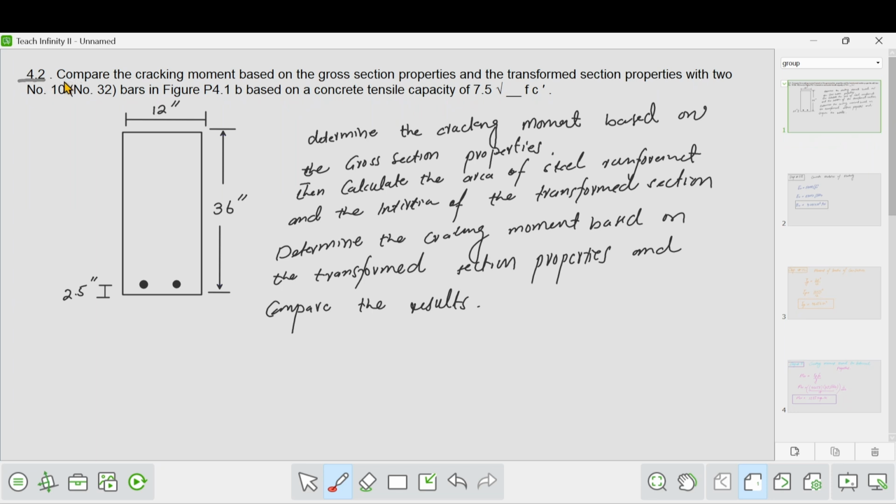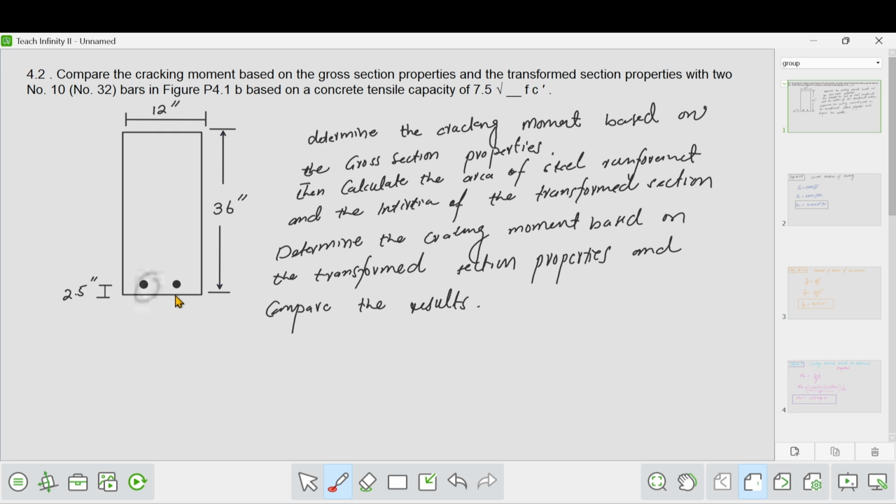Problem 4.2. Compare the cracking moment based on the cross section property and the transformed section with two number 10 bars. In this figure, the concrete tensile capacity is 7.5 root f'c. So first of all, we will determine the cracking moment based on the cross section property, and we will ignore